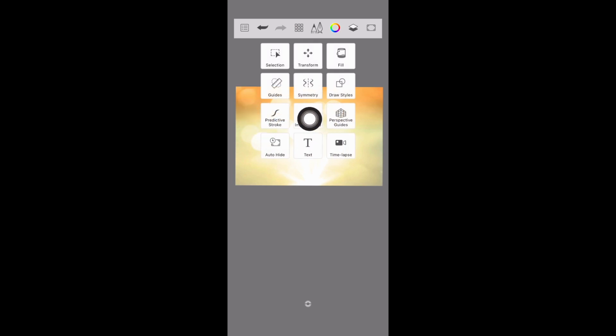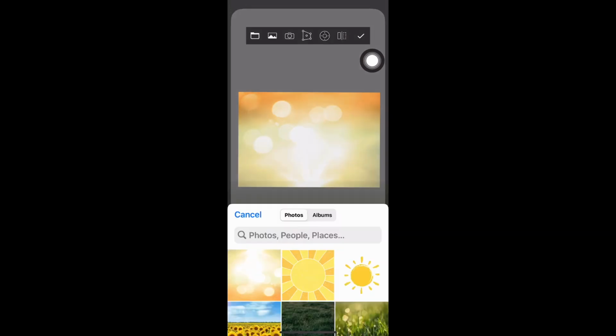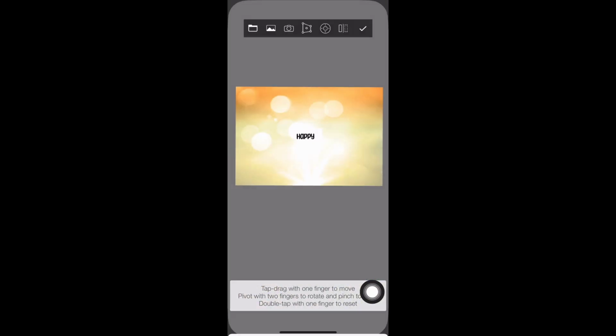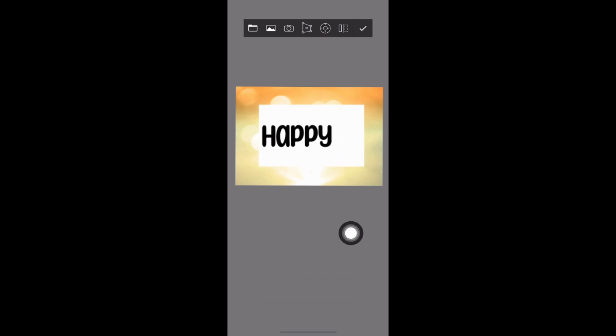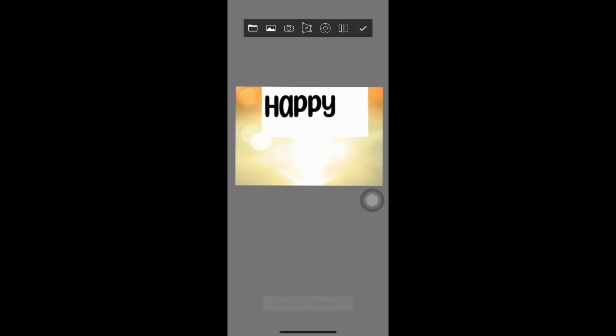Now what I'm going to do is I have selected my second layer. I've gone up to the landscape button at the top here, and I am going to select my lettering design. Now I've chosen the word happy, so I'm wanting to create a happy kind of vibe background. So I now need to position the word happy where I would like this imagery to come through onto my